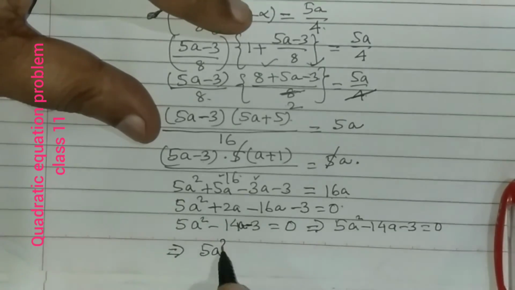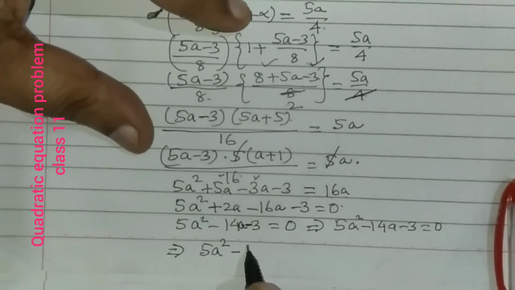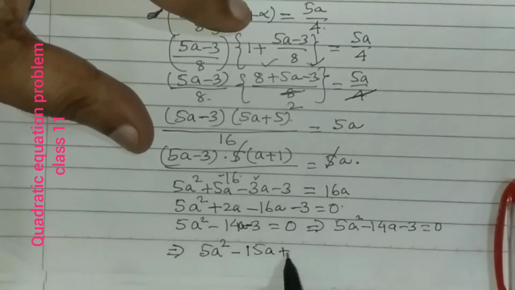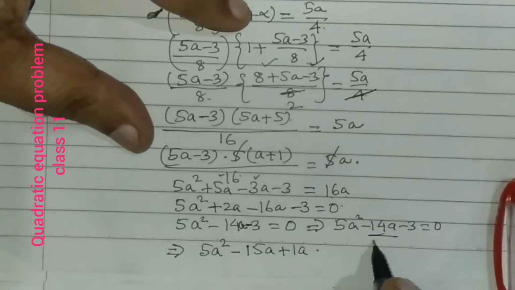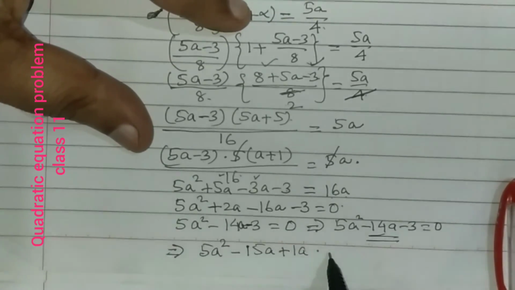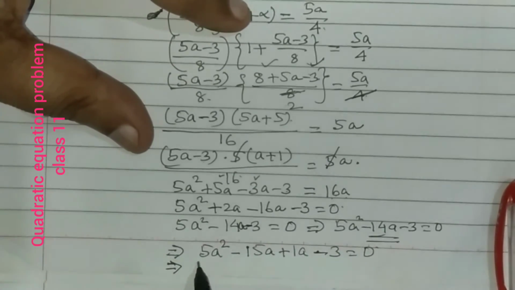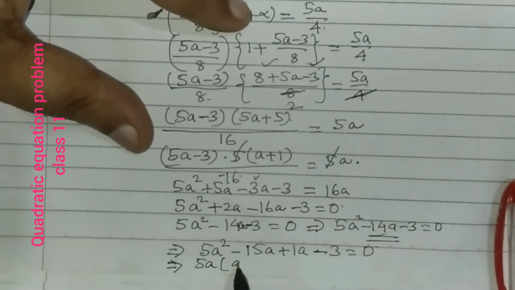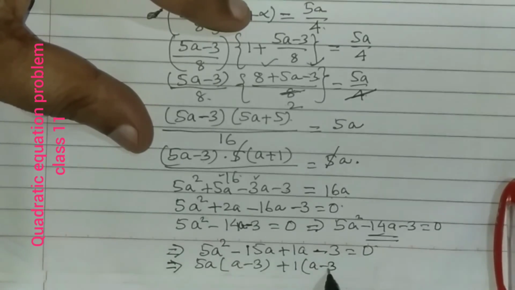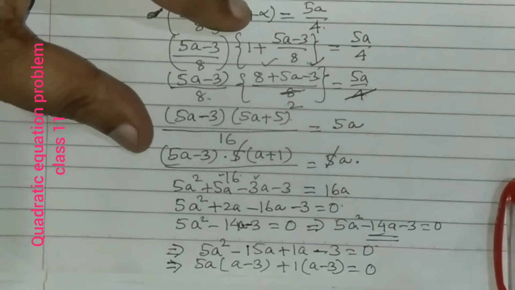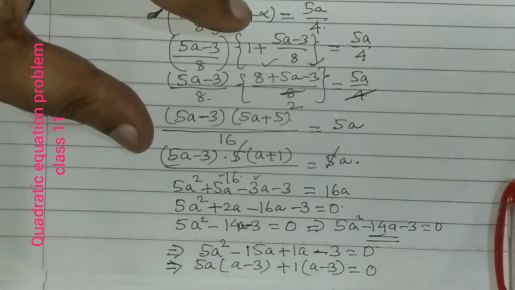So 5a square minus 15a we can write, and then plus 1a. We have split minus 14a minus 3 is equal to 0. So here we can write 5a common. So (a minus 3), here 1 is the common factor. So (a minus 3) is equal to 0. ये हो गया. इसके बाद हम लोग करेंगे